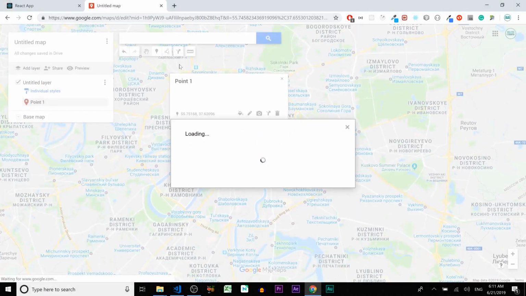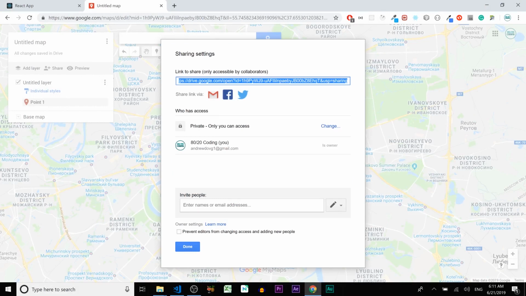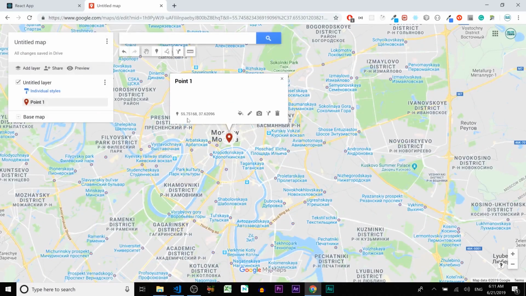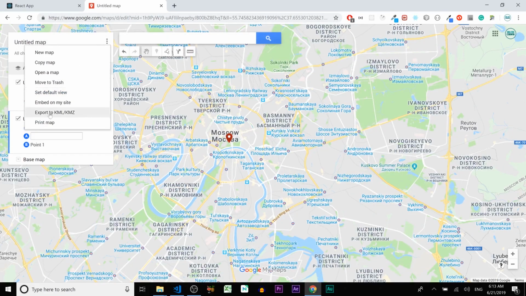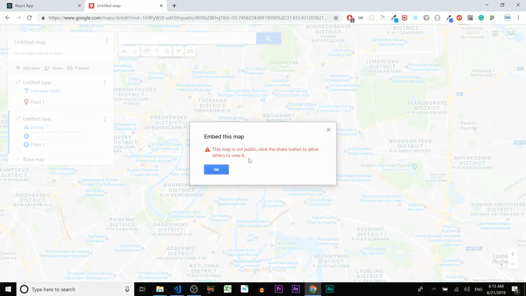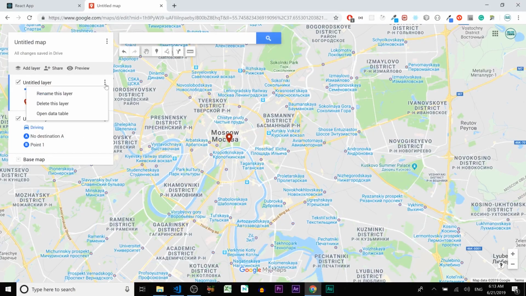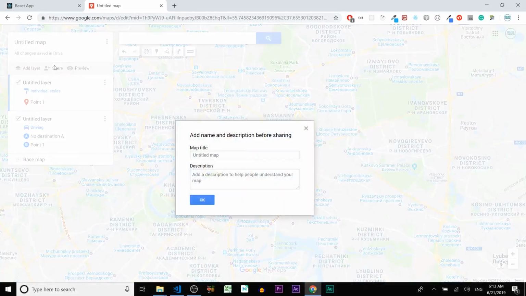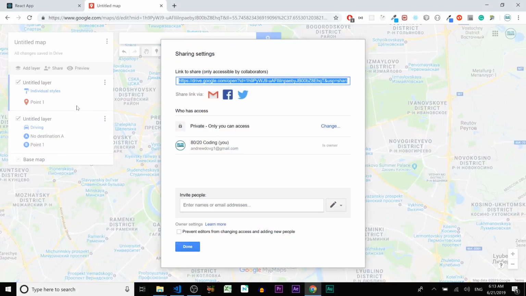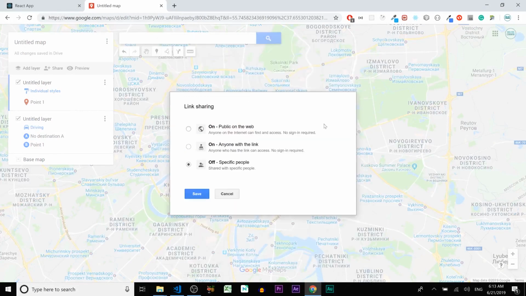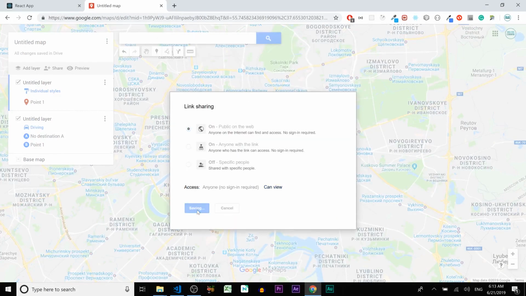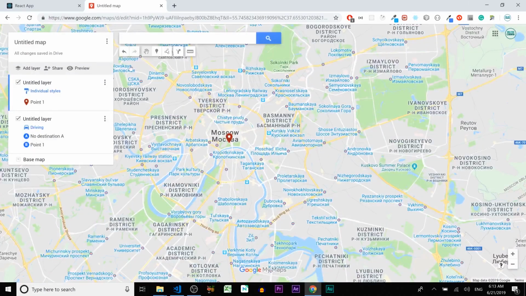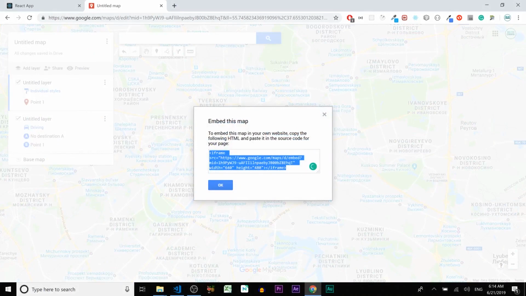No, not share. How to get it? Okay, and embed to my site. Let's go in here. This map not public. Okay, let's do it public. Where's the public? Not in here. Private, change to public on the web. Save it. Done. Let's embed. Let's grab this code, just copy it,